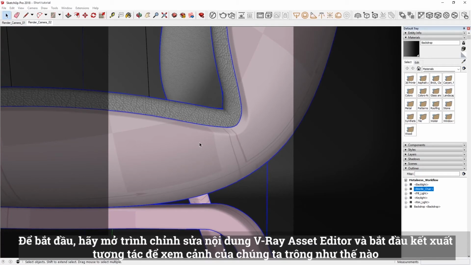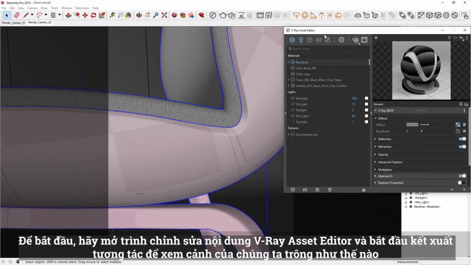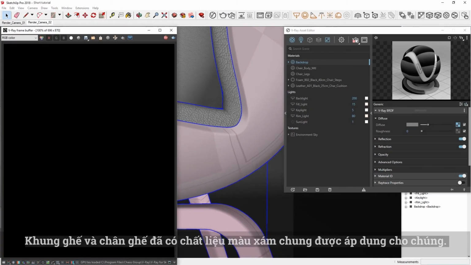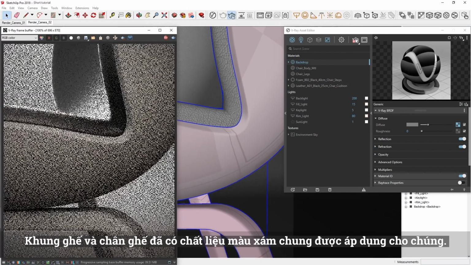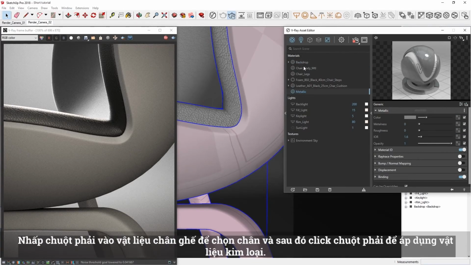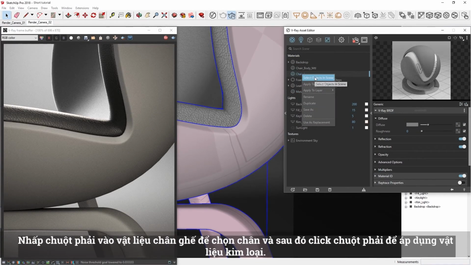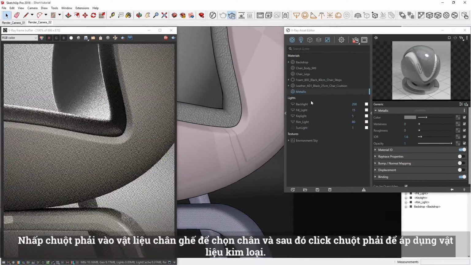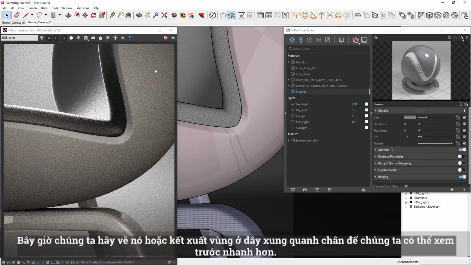To begin, let's open the asset editor and start an interactive render to see what our scene looks like so far. The chair frame and legs already have a generic gray material applied to them, so let's see about substituting them with a metallic one, which we can add here by right-clicking on the Materials tab and choosing the metallic material. Now to assign it, right-click on the chair legs material to select the legs, and then right-click to apply the new metallic material. Let's draw out a render region here now around the legs so we can get a